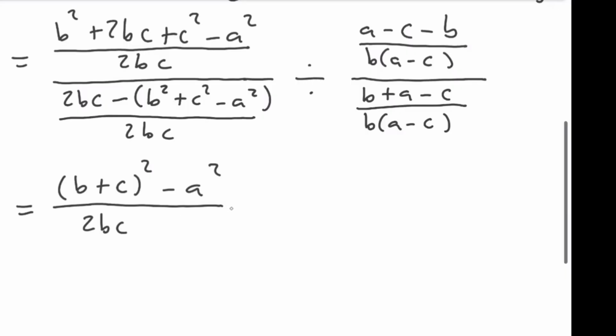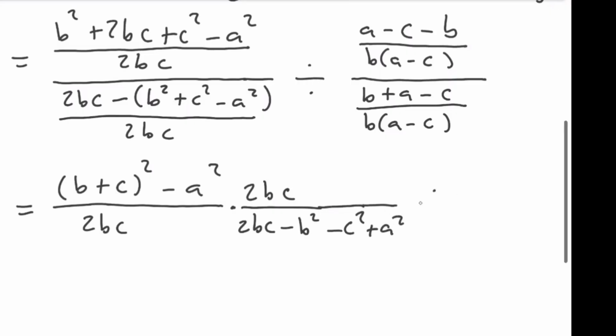And remember, when we have a fraction over a fraction, we can multiply by the inverse. So we'll have 2bc over, and then here we'd have 2bc minus b squared minus c squared plus a squared, and that's going to be divided by, and then over here we have that,